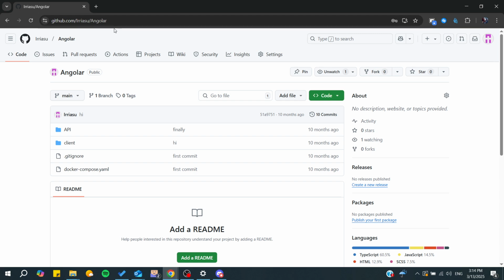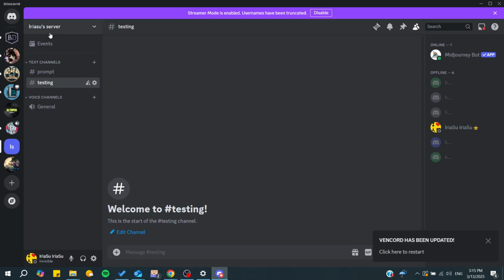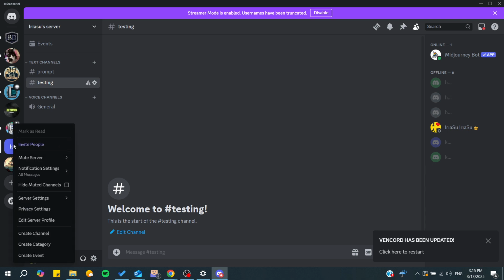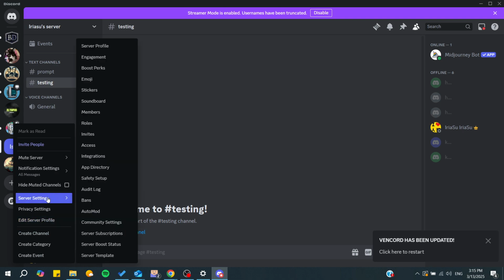So basically, the first thing is to create a webhook from Discord. Simply go to your Discord, then go to the server that you want to create a webhook on. Simply right click on the server, and after that you will need to go to